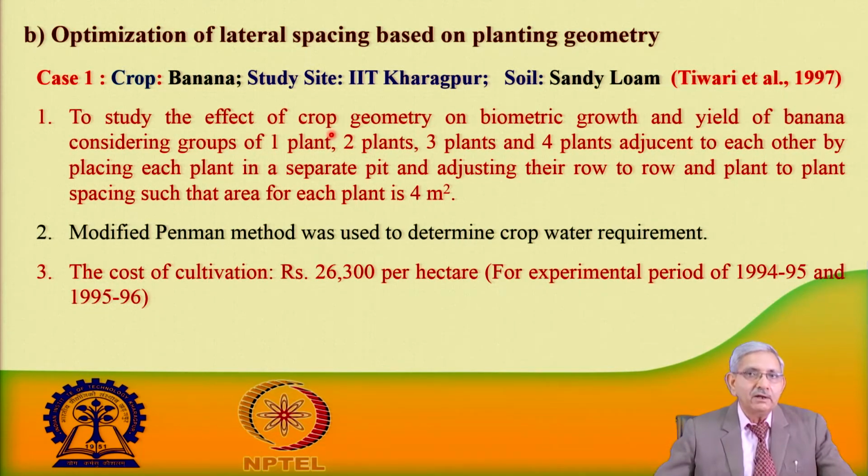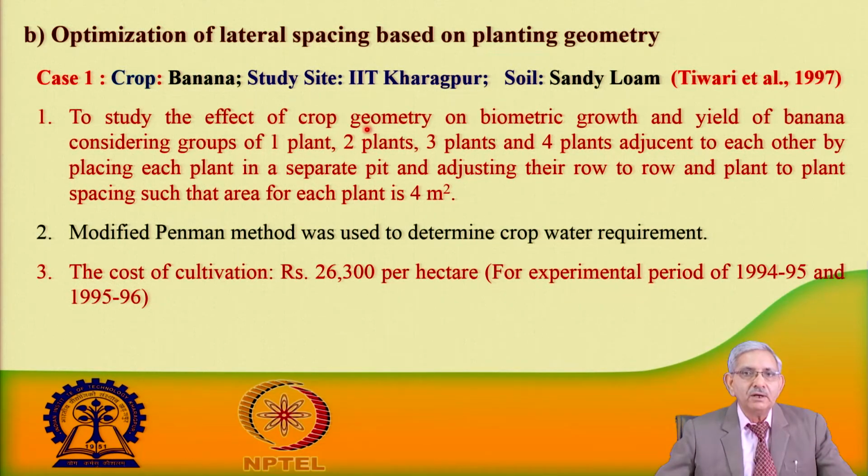The study carried out at IIT Kharagpur by my group of students in the year 1997 for banana crop took different planting geometry. Normally you may find that the banana, when we are giving water, grows in clusters of a group of banana plants, which automatically come from the same mother plant, and then several suckers come. Seeing this natural way, we asked whether we could study it so that we can reduce the length of lateral.